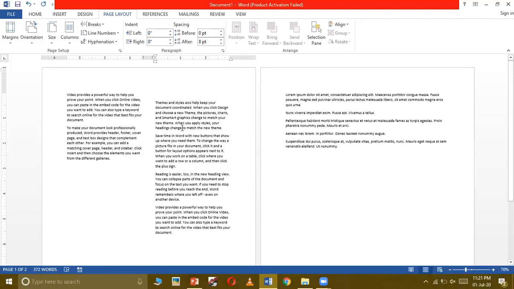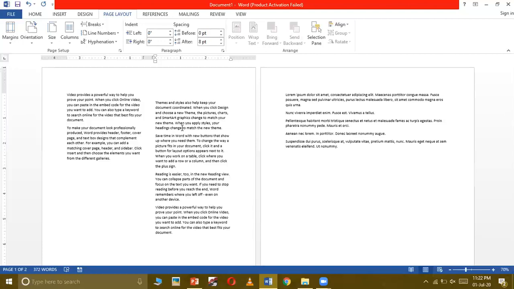So column break option is used for ending a column at a particular point. The difference between the page break and column break is that page break option is used for ending a page at a particular point, and column break option is used for ending a column at a particular point. So that is the only difference. Otherwise, both are used for ending whatever they are used for. For example, column break is used for ending the column, and page break is used for ending the page.